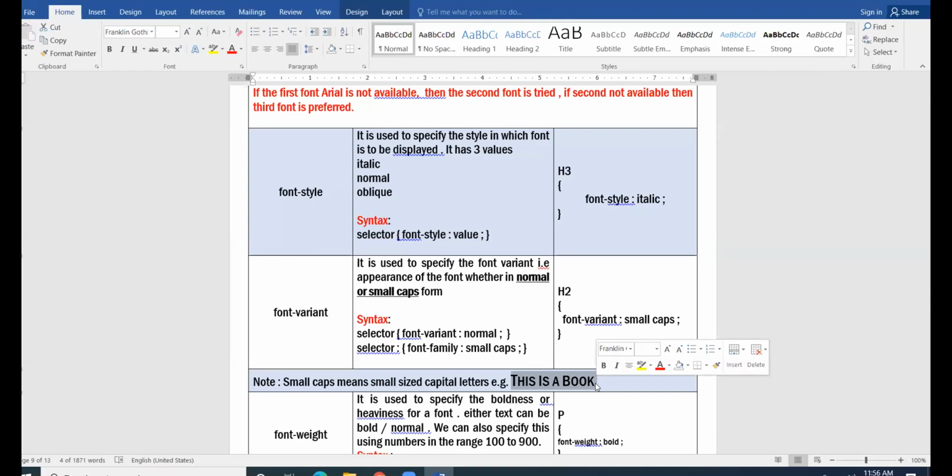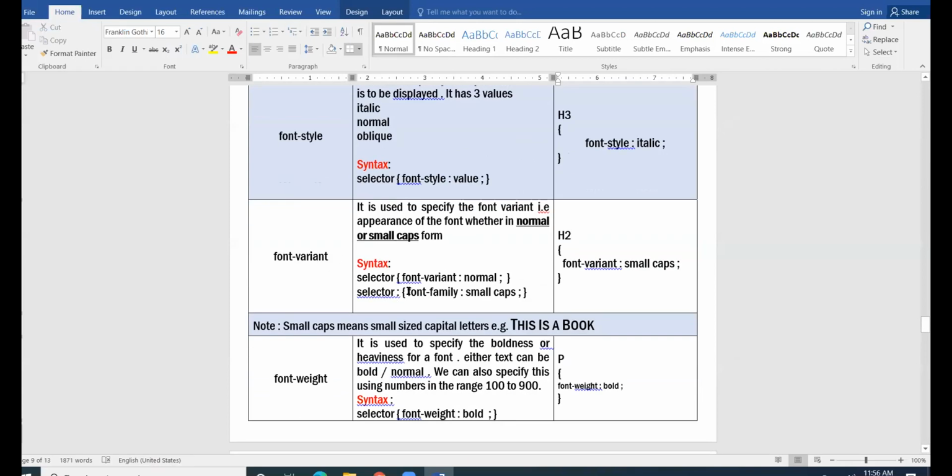If you want your text to appear in small capital style, you will give the property font-variant, and give the value either normal or small-caps. If you want normal style, you write the value normal. If you want small capitals, then give the value small-caps. Am I clear?